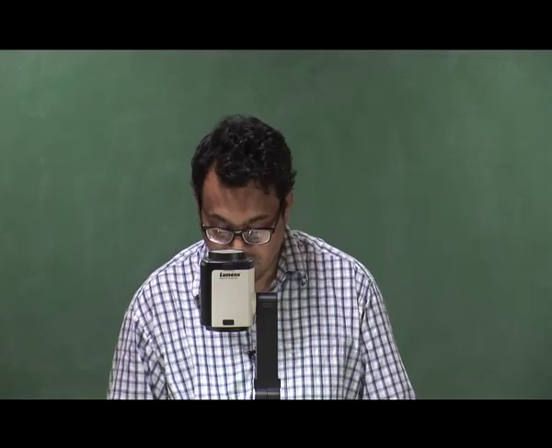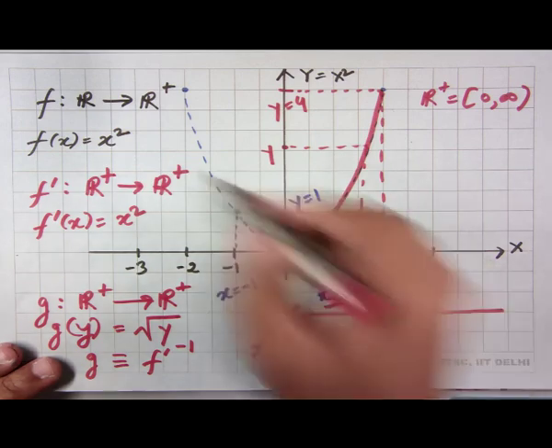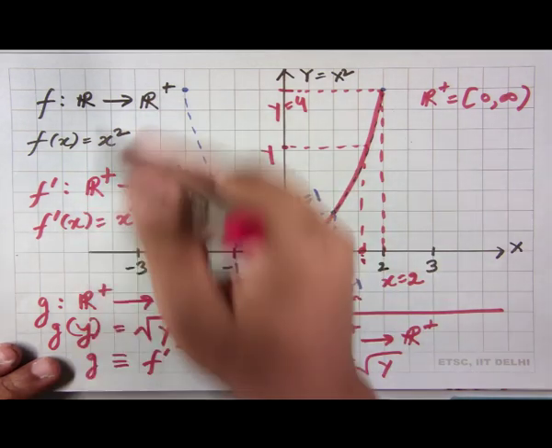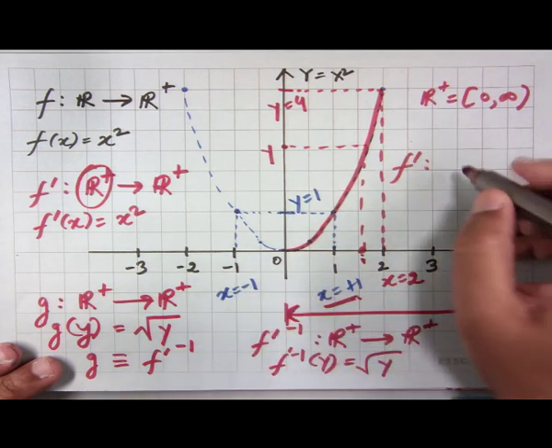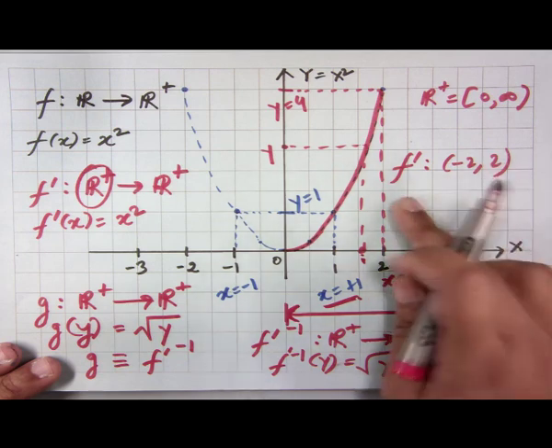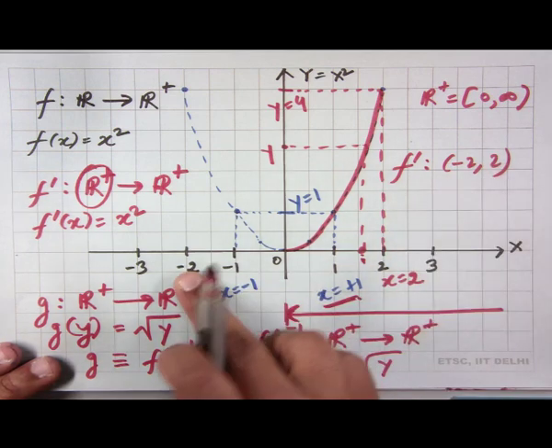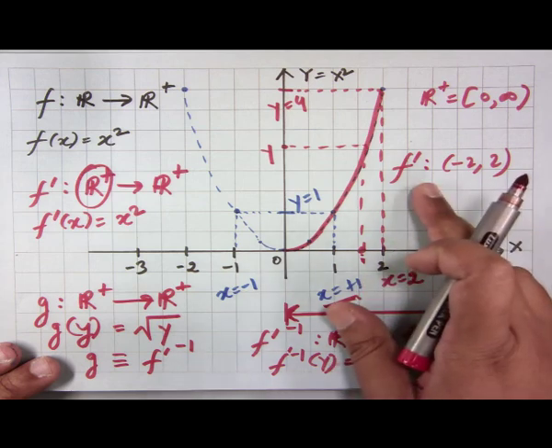For example, even in this case, if we restrict the domain, instead of r plus, to some interval -2 to +2, then this will not work, because if we restrict the domain from -2 to +2, then the range of this function will only be from